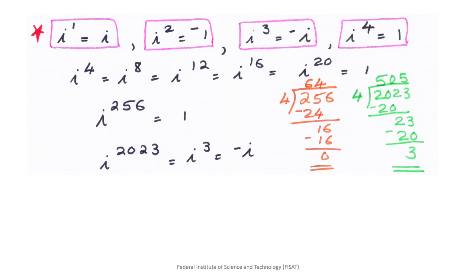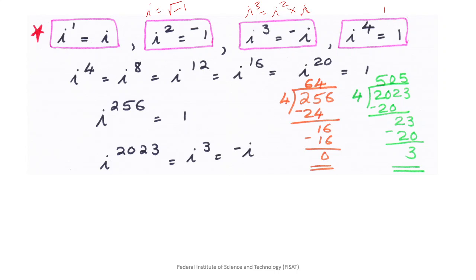Next we are going to consider the powers of i. i raised to 1 equal to i. Then i square will be minus 1 because i is equal to root of minus 1. So i square will be root of minus 1 into root of minus 1, that is equal to minus 1. i cube will be minus i because i cube can be written as i square into i. While we saw previously i square is equal to minus 1, so i cube will be minus i. And i raised to 4 will be i square square, which is equal to 1. So you have to learn by heart all the things which are put in boxes.